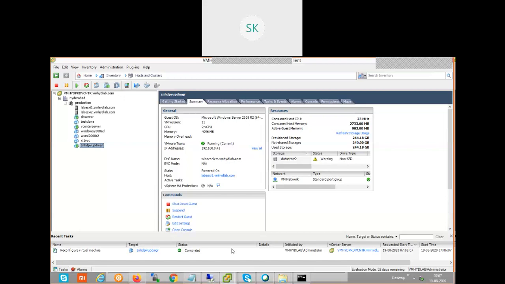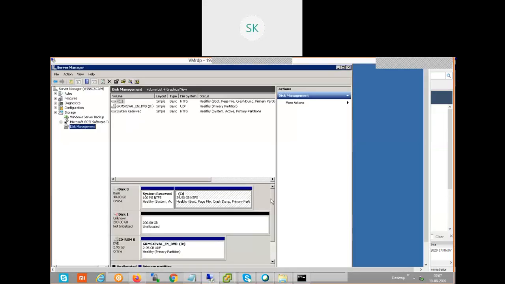How is it going to work? Let's see. Open, connect to server. Disk assignment has been completed. Yes, we are ready to go. The disk is visible. If the disk is not visible, we have to right click on Disk Management and rescan devices.